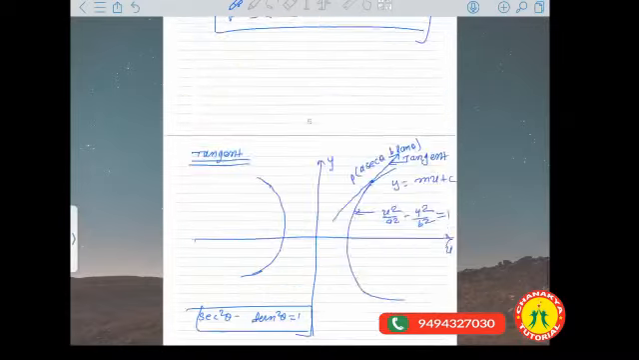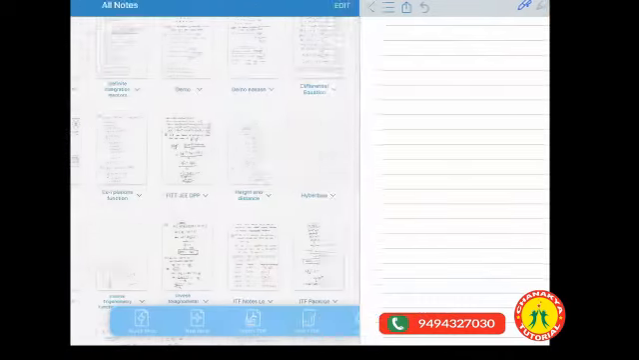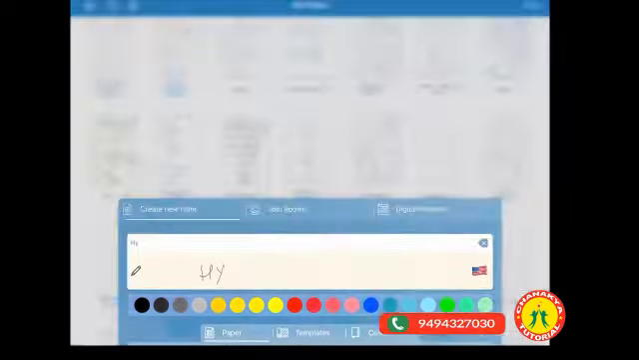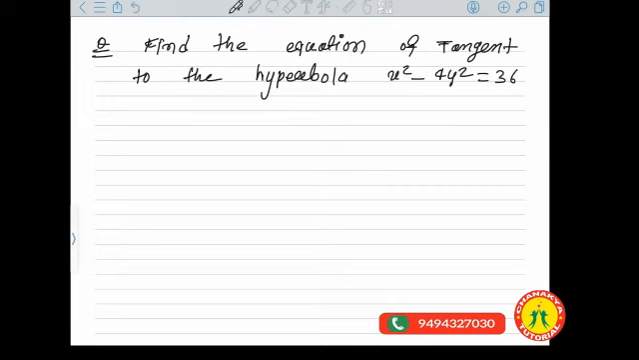Now next question. I am writing one more question on this topic. Question is, find the equation of tangent to the hyperbola that is x square minus 4y square equal to 36. Hyperbola equation given है, which is